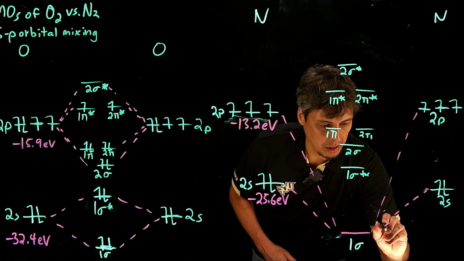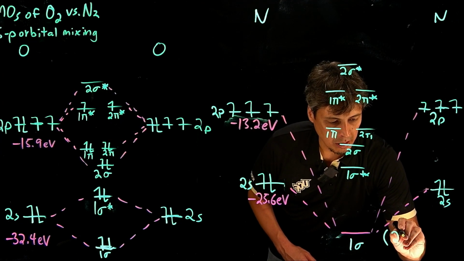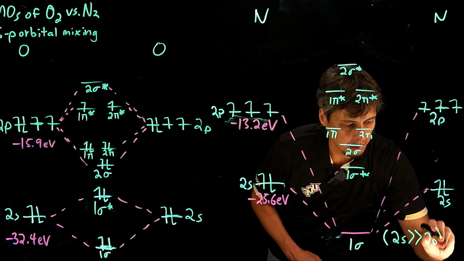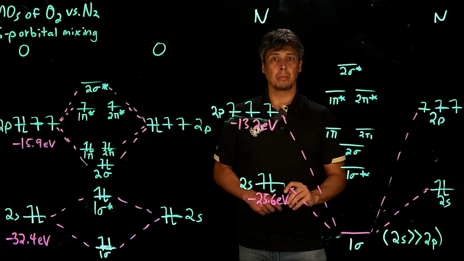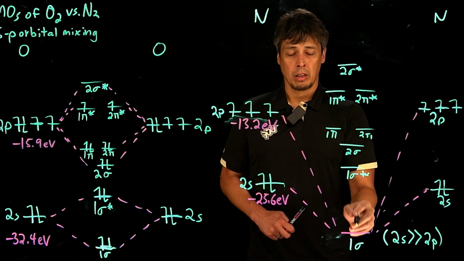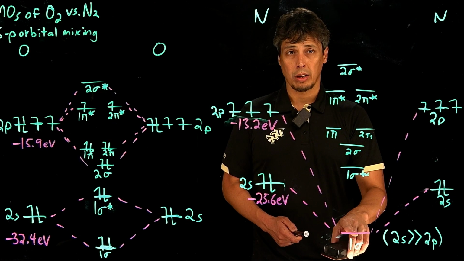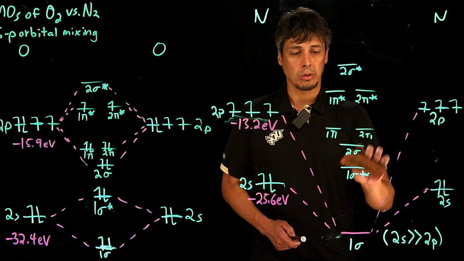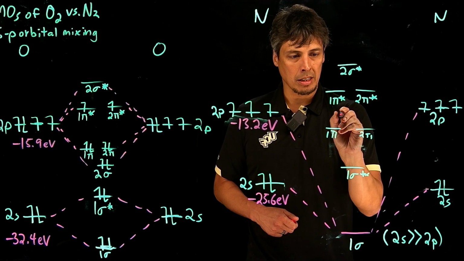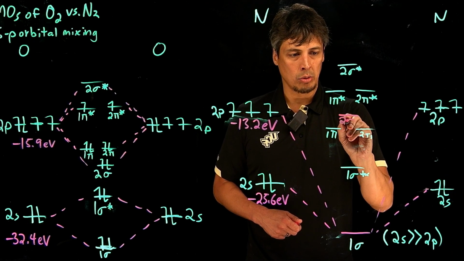So this now is a combination of 2s and 2p character, as we call it, but the 2s character is far higher than the amount of 2p character, okay? But because 2 sigma mixed in here, so did the 1 sigma mix into the 2 sigma. And so while the mixing stabilized the energy of the 1 sigma MO, it's going to destabilize the energy of the 2 sigma MO,